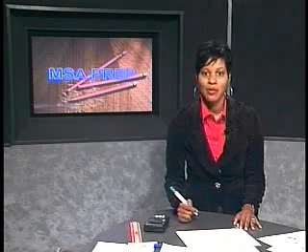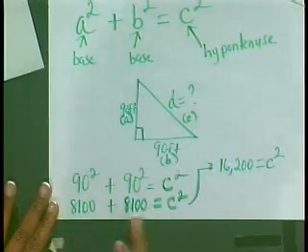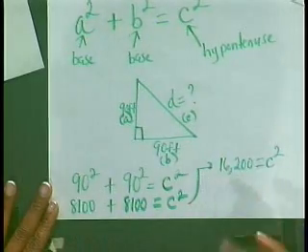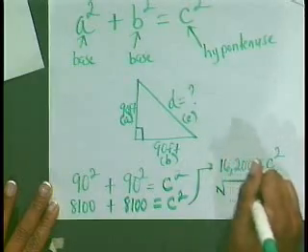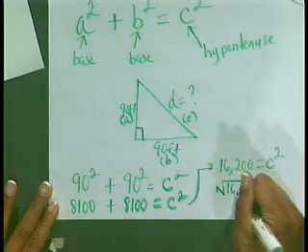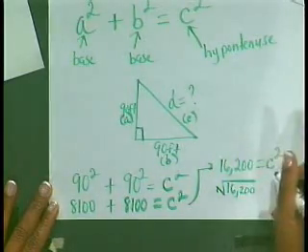Now, I still have my exponent. So how do I get rid of the exponent? Okay, simple. Just take what we call the square root. You're going to take the square root of your answer. So our answer when we simplified the exponent was 16,200. So the square root of 16,200